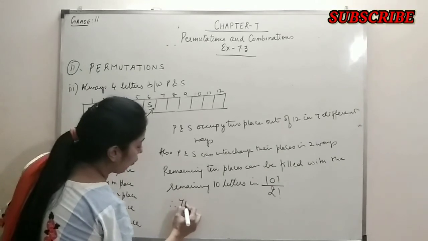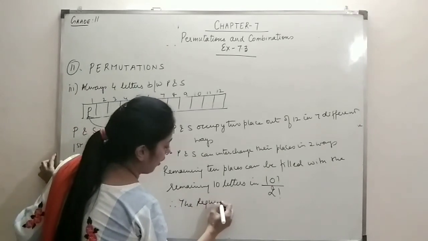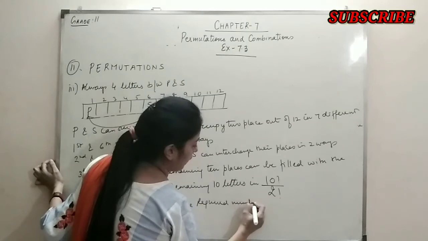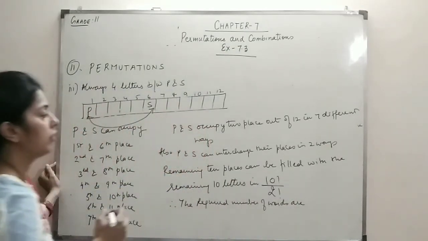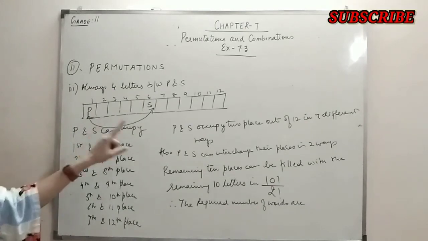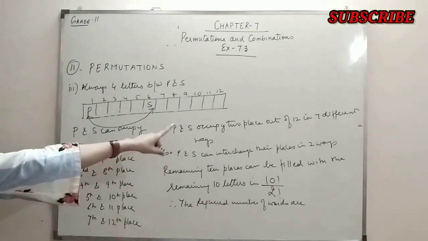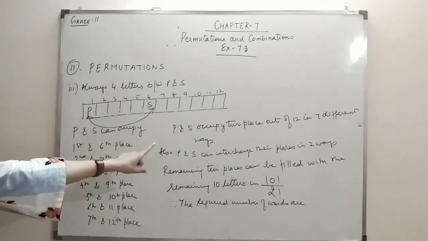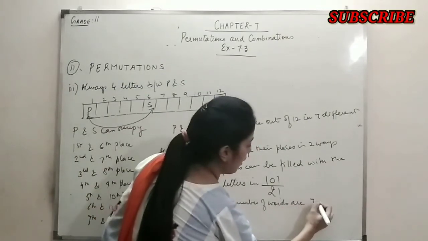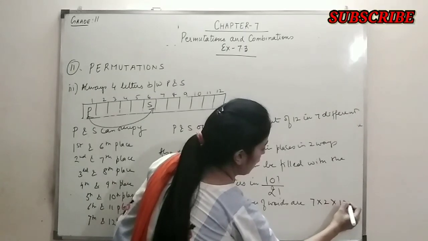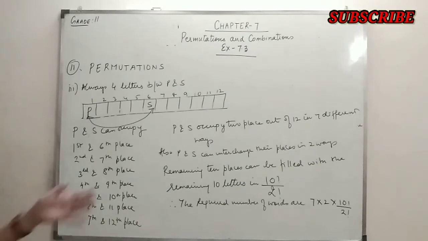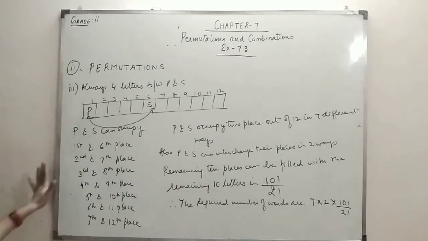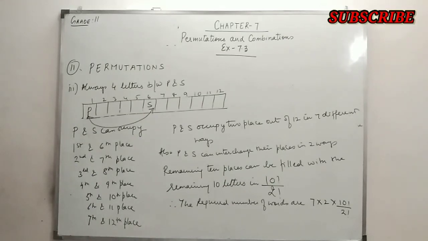Therefore, the required number of words, by the principle of multiplication, is 7 into 2 into 10 factorial upon 2 factorial. Now you have to solve it and you will get your answer. So I hope this is clear. So by this your exercise